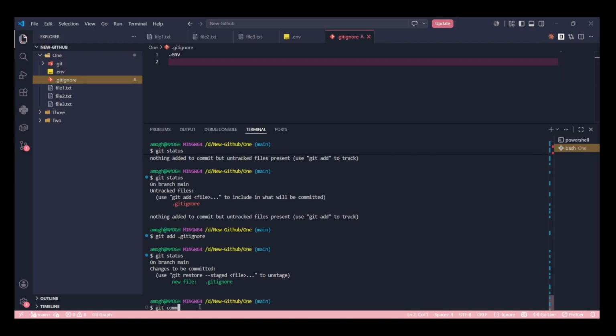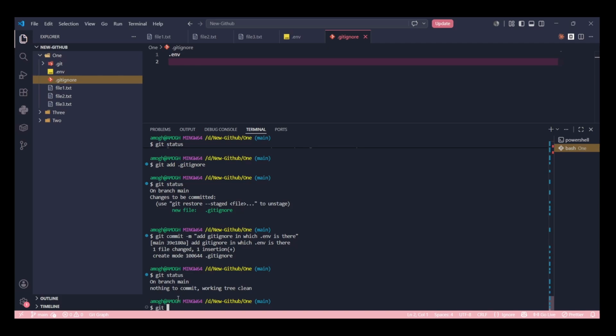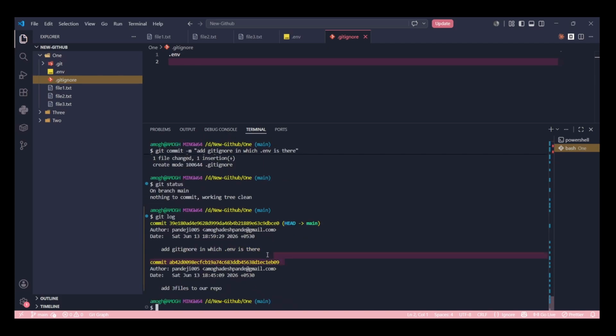Now I'll commit it with the message add git ignore, in which .env is there. Okay, I've committed it. Now if I run git status, it says there is nothing to commit, and I'll run git log, and see, again we have two commits.